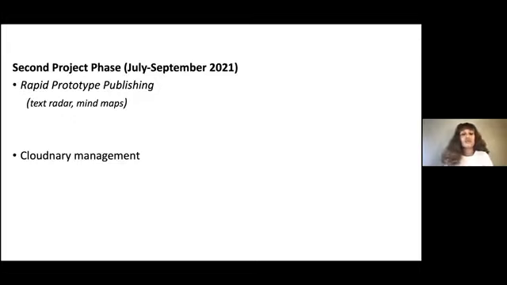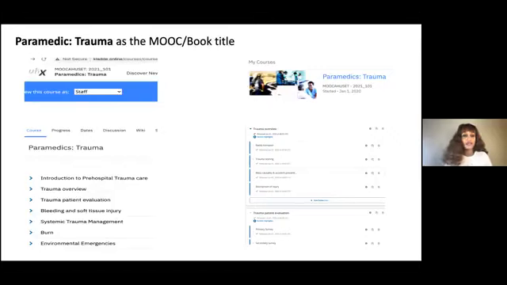We also engage in Cloudinary management in order to manage our assets, like our videos, our audios, and also image elements. This Cloudinary management service is also very helpful for producing digital course materials. My partner will say something about Cloudinary management later, so I should stop here.